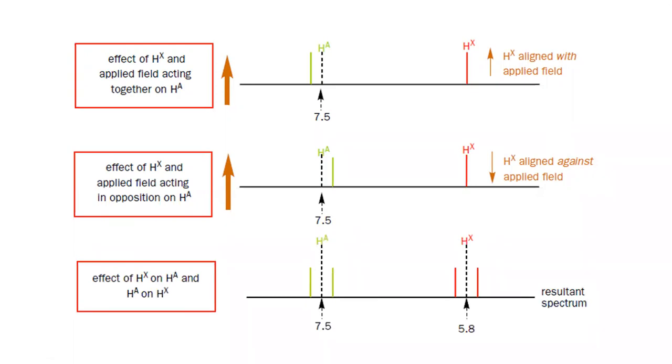Now let us go for the third condition. What is the third condition? The resultant spectrum will be the effect of HX on HA and HA on HX, vice versa. So now from these three experiments, or these three possibilities, what can we say? Not three, actually these are two possibilities, number one and number